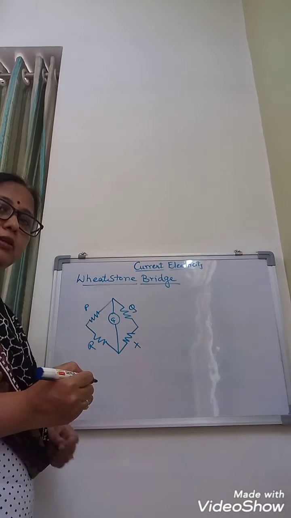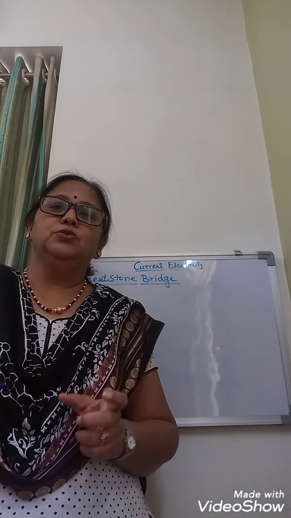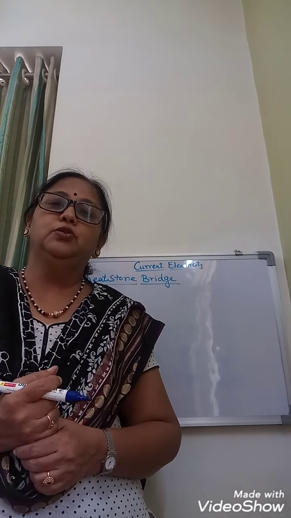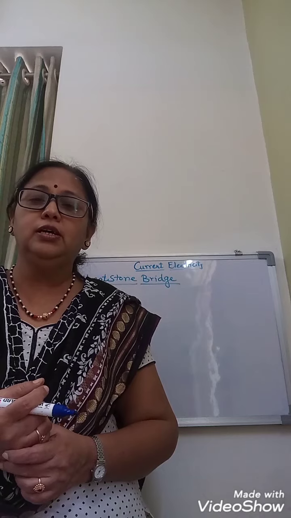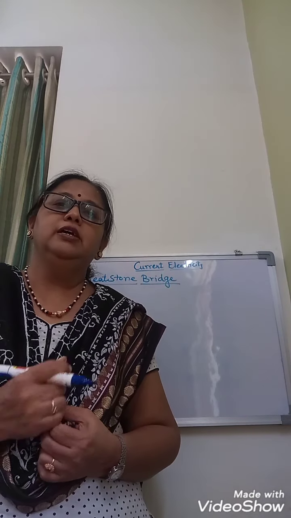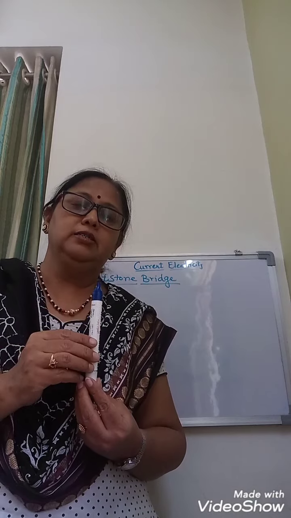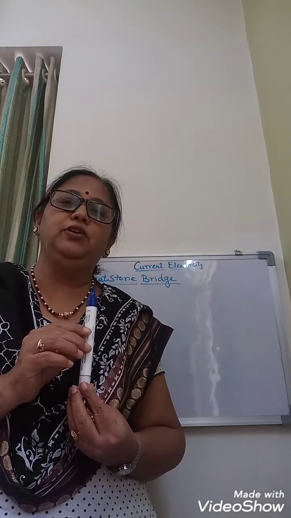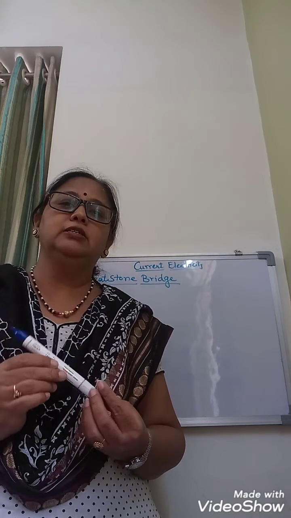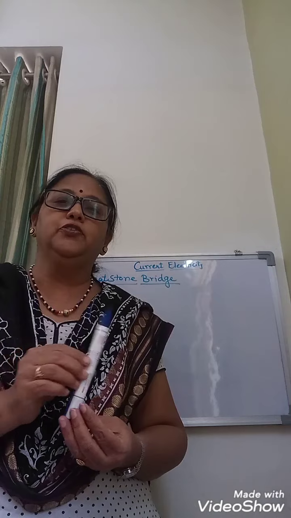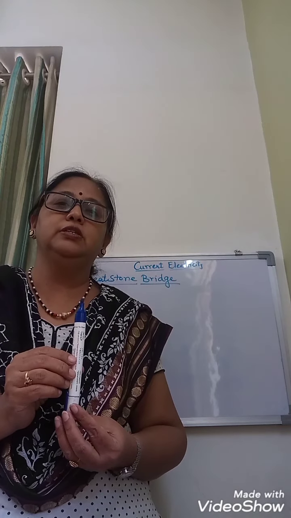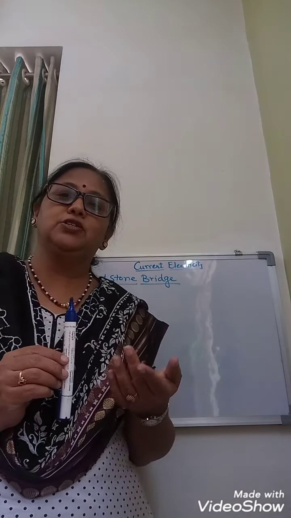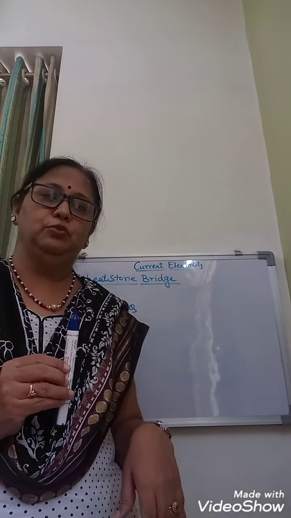What is a galvanometer? It is a device used to detect current in a circuit, whether the current is flowing or not. In this device the pointer is at the center, and whenever the current flows, the coil deflects in the magnetic field. So either here or in this way the pointer will show you the deflection whenever the current is flowing. So the galvanometer which you connect here will show you the deflection if there is a current flowing in the galvanometer.